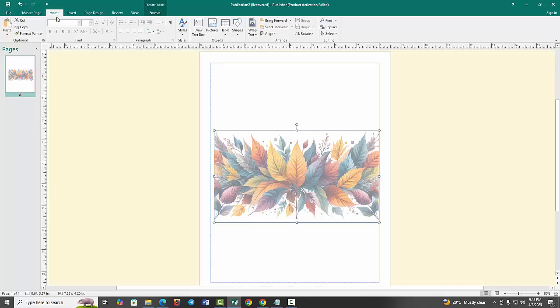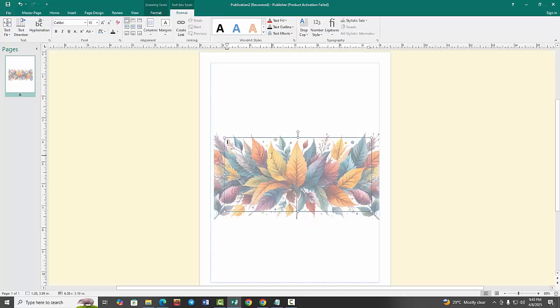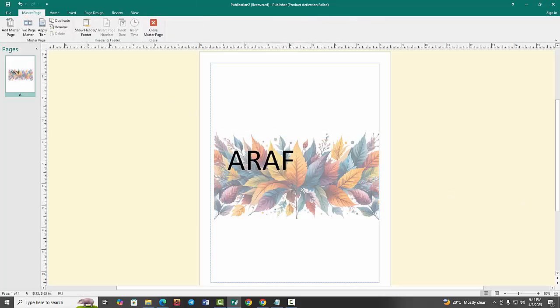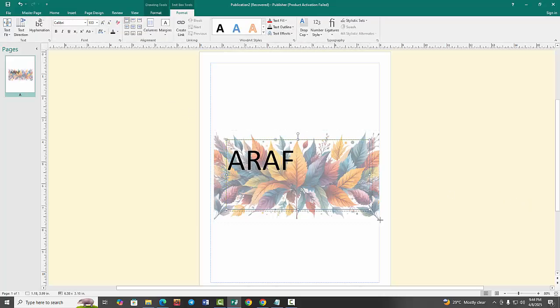Now go to the Home menu option, then click Draw Text Box. Now draw a text box. Now type the text. Now select the text. Now change the size. Now size 100. Now you can see